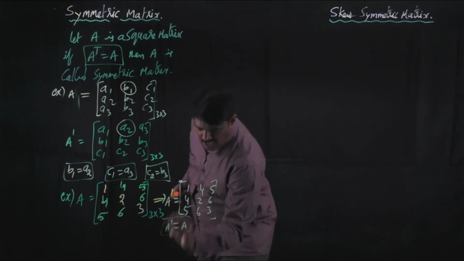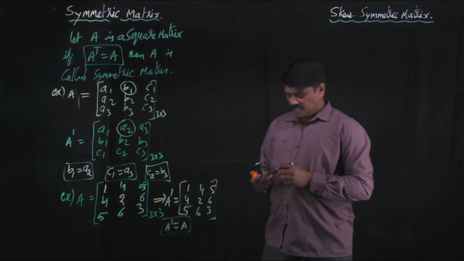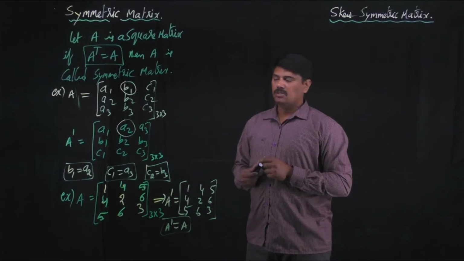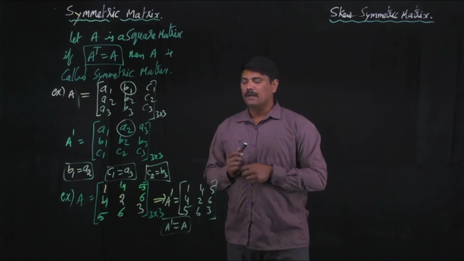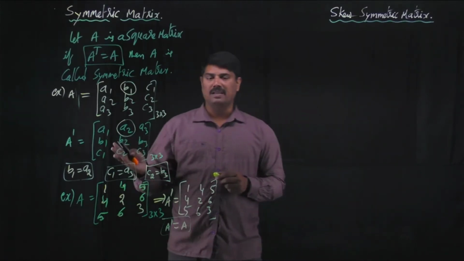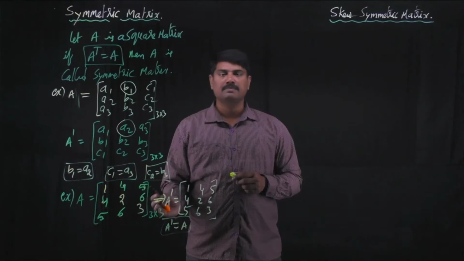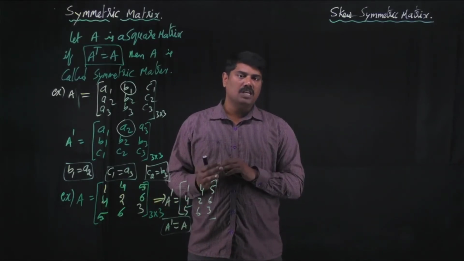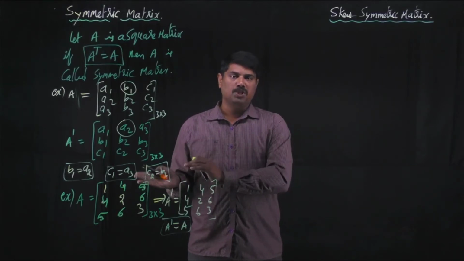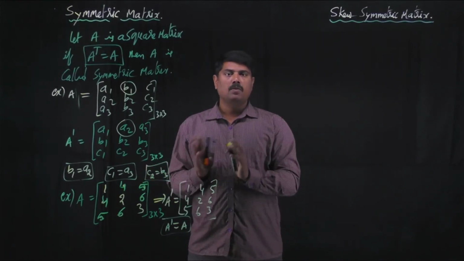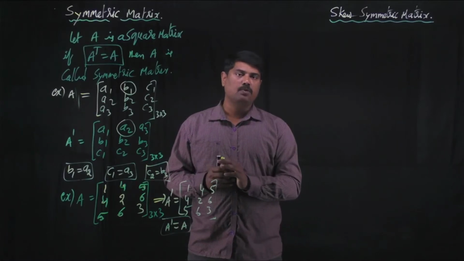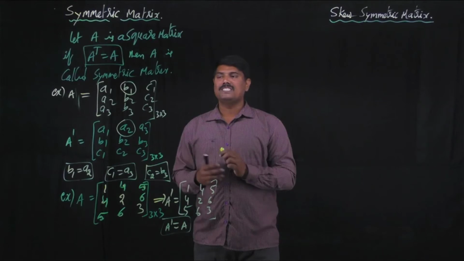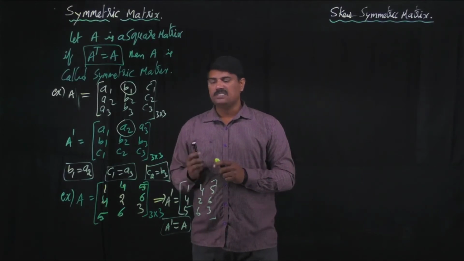For such an A, you come to the step A dash is equal to A. A transpose is equal to A. So that is how you can give an example of a symmetric matrix. Diagonal elements are your choice. And remember, to be equal after transposing, the 1 2 and 2 1 positions have to be equal. The 1 3 and 3 1 position elements have to be equal. And the 2 3 and 3 2 positions have to be equal while constructing a 3 by 3 square matrix.